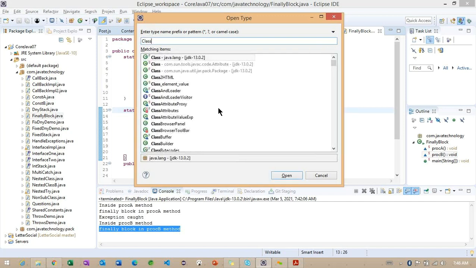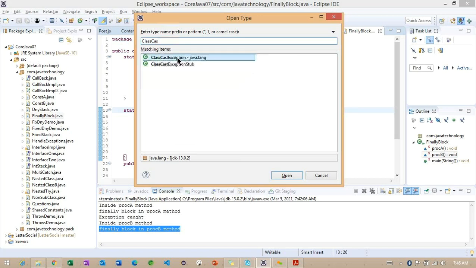And class cast exception, one more we have. In which scenario are we going to work with this? When we are working with different data types. When we are trying to convert one data type into another data type, we may get this kind of exception, that is called class cast. Getting the point? Something like double to int, or any primitive or custom data type, something like person to member or member to person. When we are trying to convert an object, we may get this kind of exception.